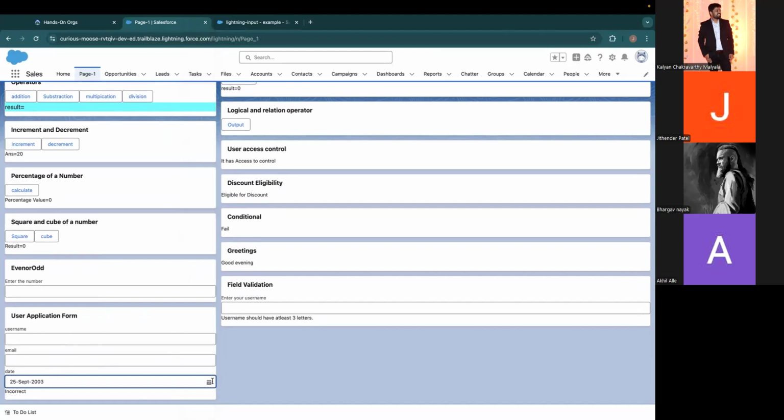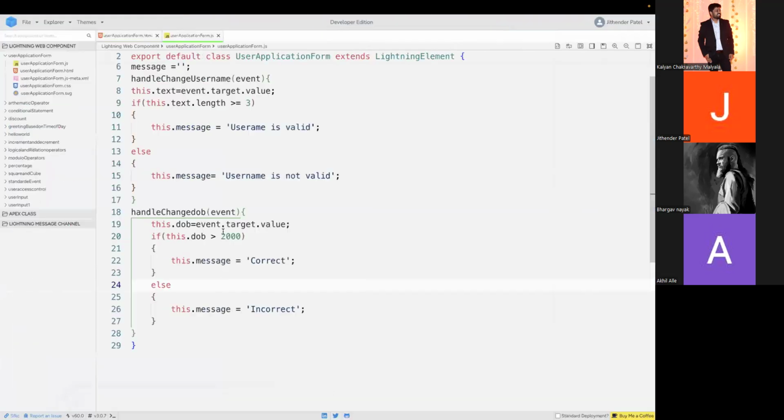Okay. Yeah, there. You have reversed it in the conditions. If condition, yeah, if date of birth is greater than 2000, why is it getting